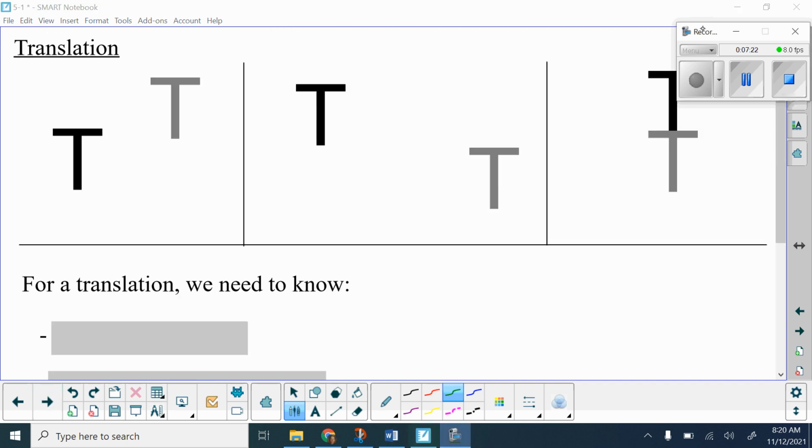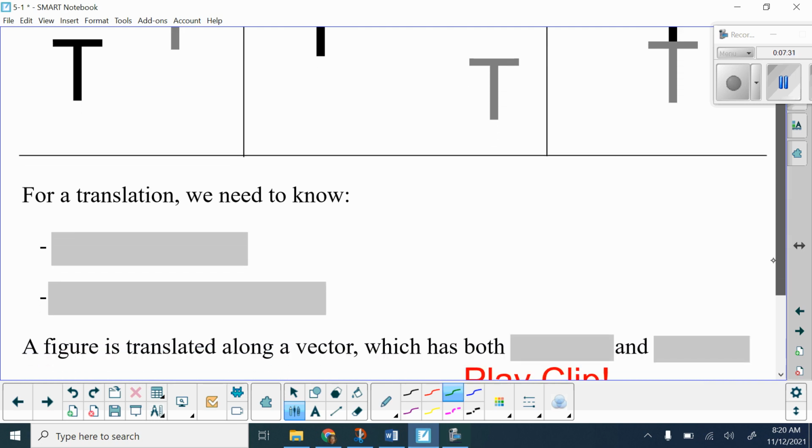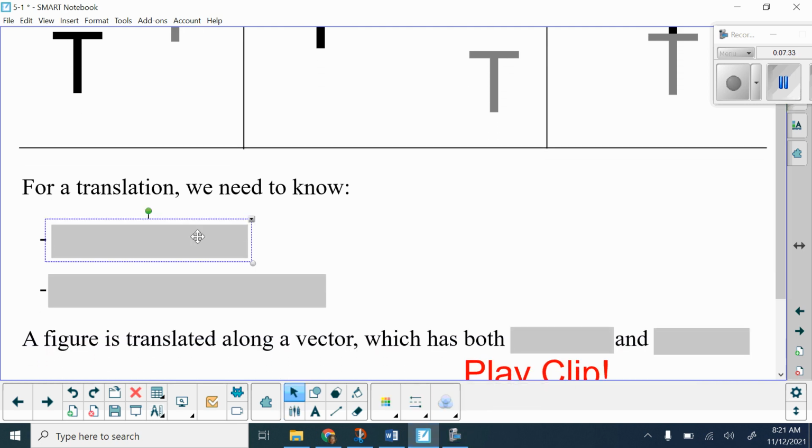All right, a translation. This is the slide. So you can see all these T's have slid. They haven't been rotated or reflected. And for a translation,